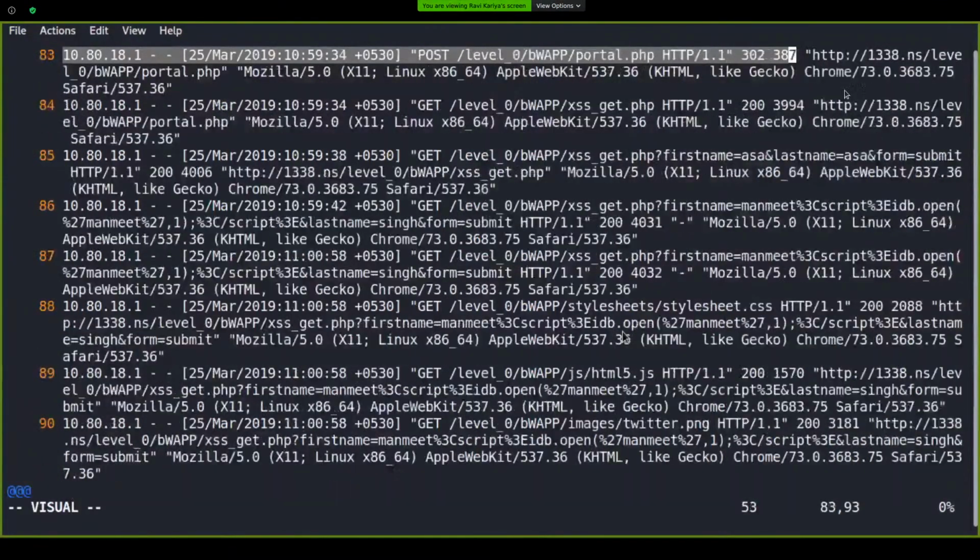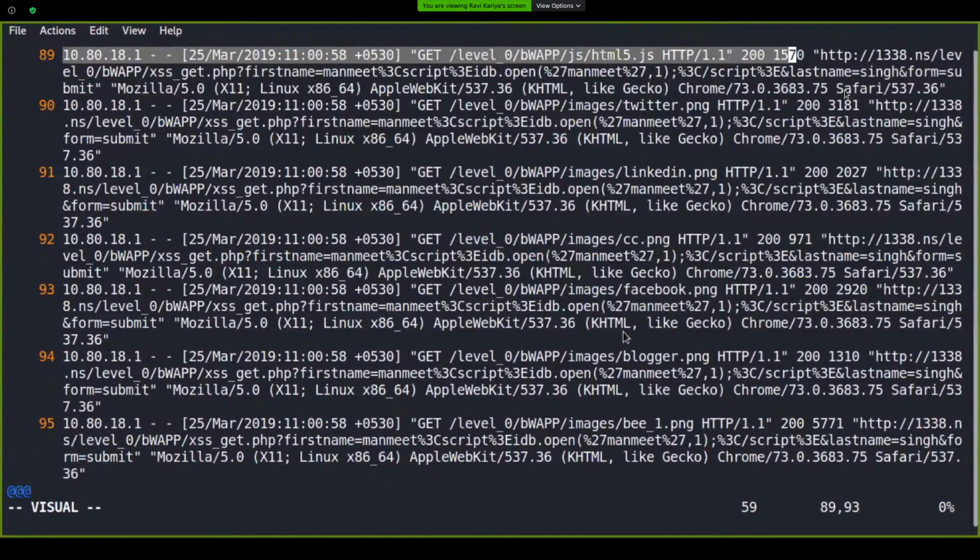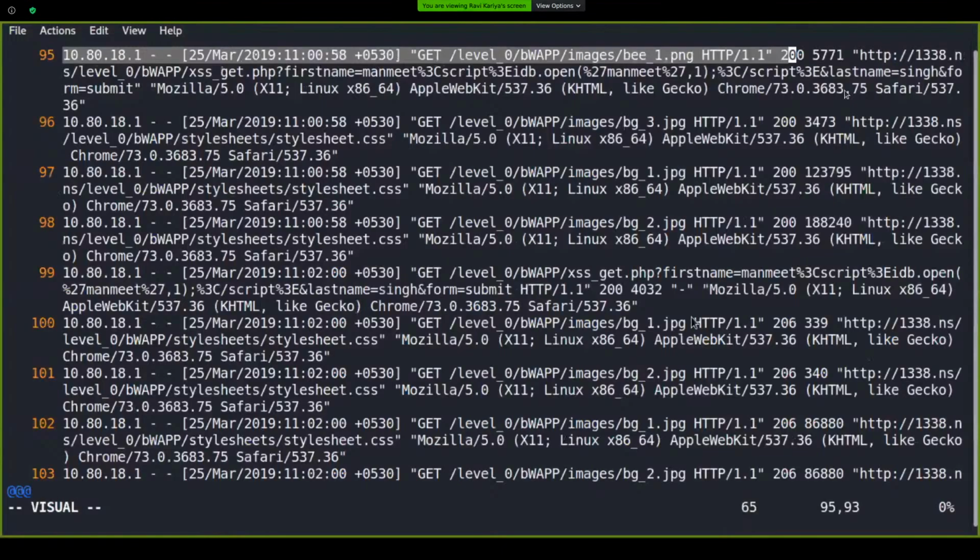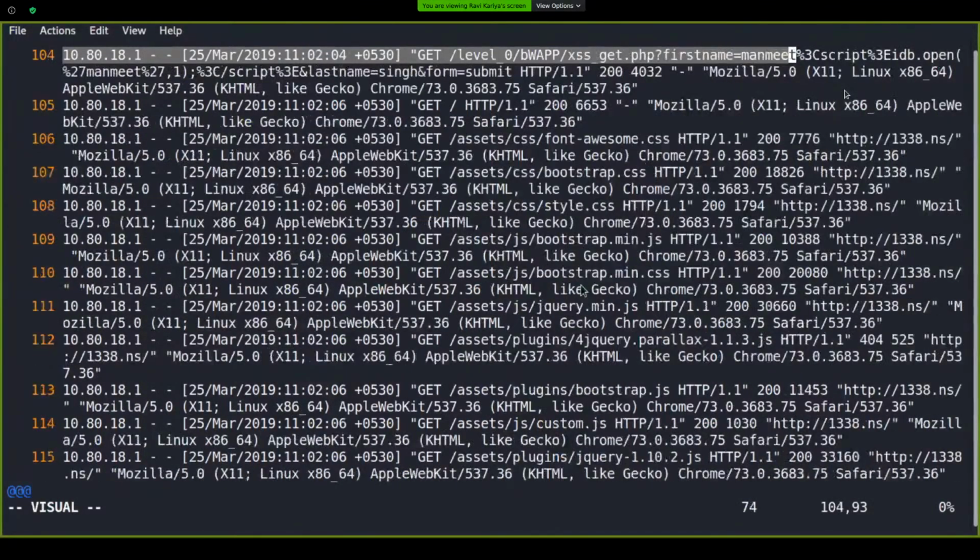We can identify from the log files what he was doing with my website.